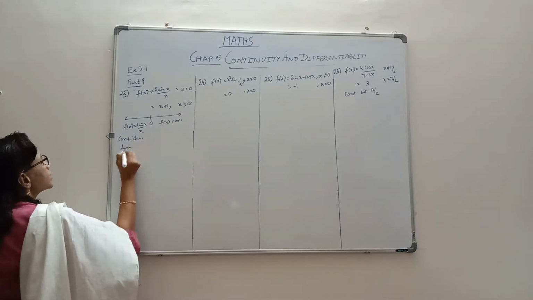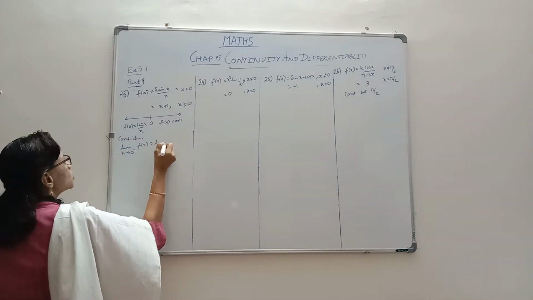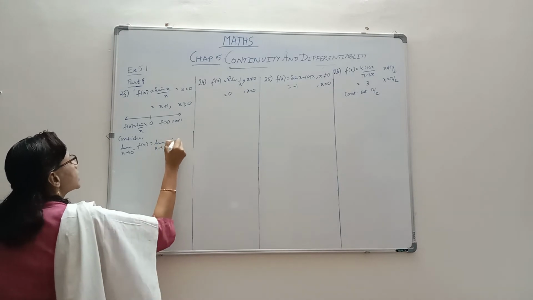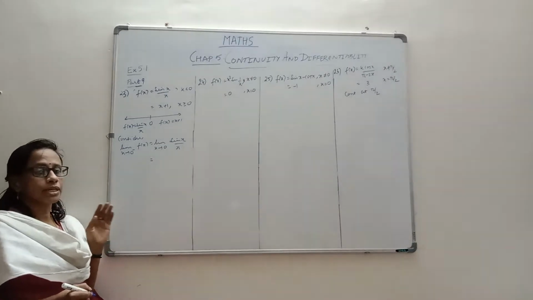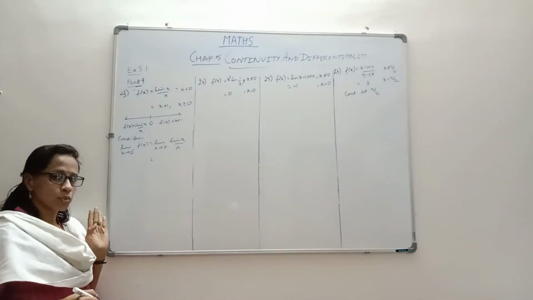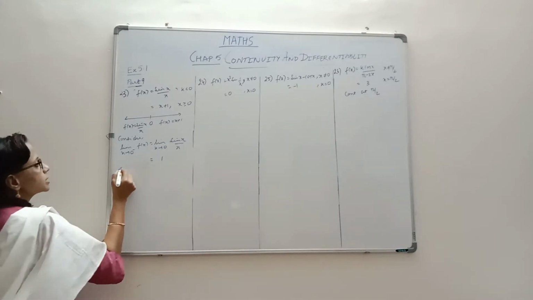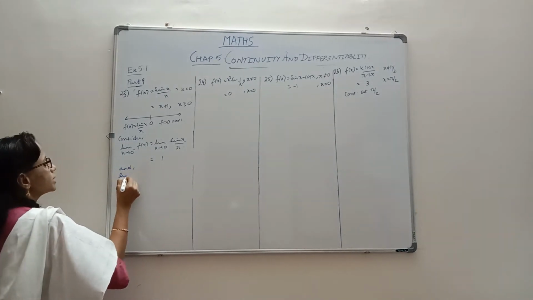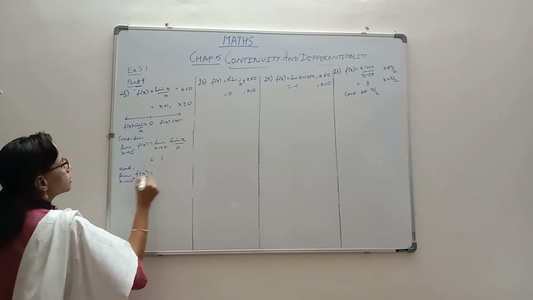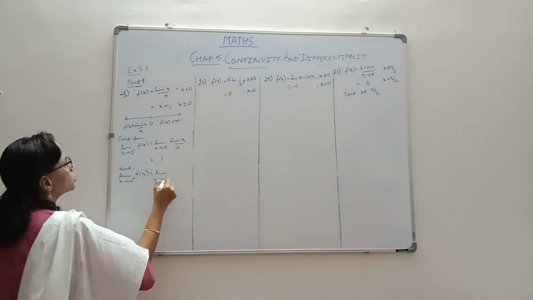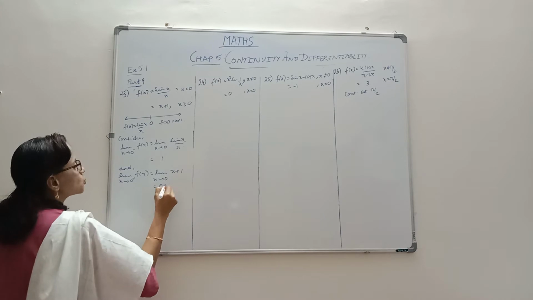So at the onset, let's get the values. Consider the limit as x goes to 0 minus f of x, meaning the left side of 0. Let's see what it is. It is defined as sin x by x. Already in the limits chapter last year, we have seen that the limit as x tends to 0 of sin x by x is 1. Now we will see what happens on the right side. Limit as x tends to 0 plus f of x is the limit as x tends to 0 of x plus 1, so we substitute 0. So it is 0 plus 1, 1.